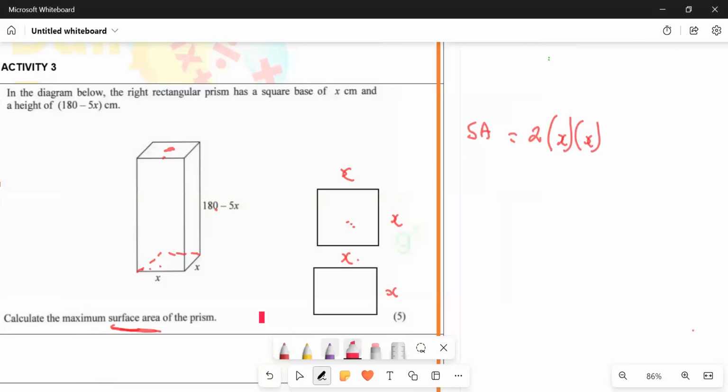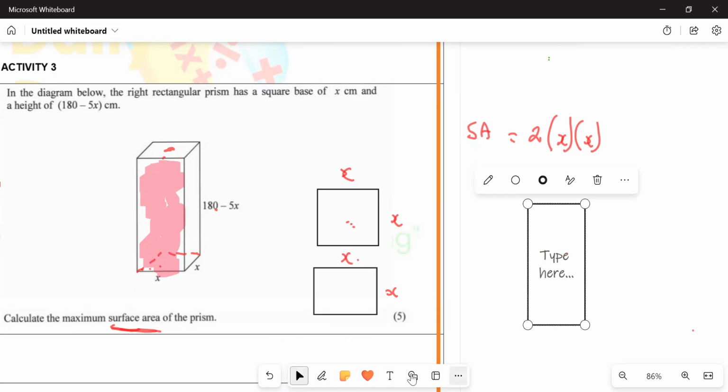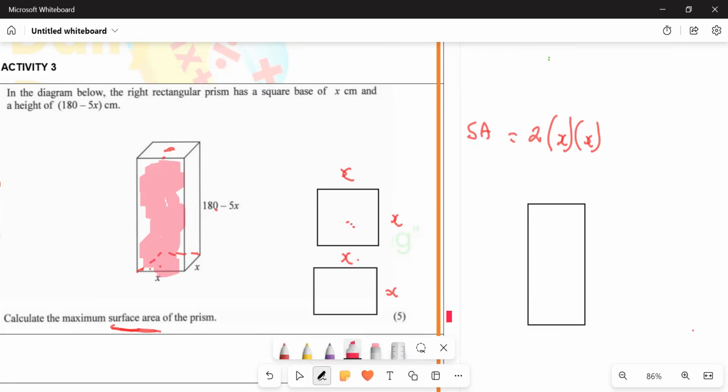After that, what else do we have? We also have this side. You see this side? How many of these sides do we have? Let's take them out also. We have something that looks like this. Then we can come and say, okay, but now what is the base here? The base of this thing here is x. And then starting from here to here, what is this? It's 180 minus 5x. How many of these things do you have all in all? You have 1, you have 2 again. You have the one at the back, which is 3. And then you have the one at the side, which is 4. So you're going to say plus